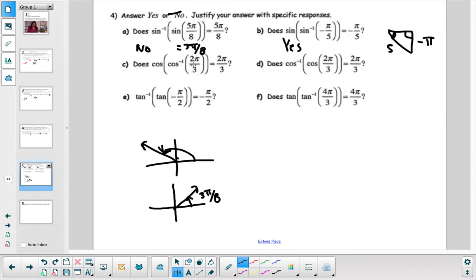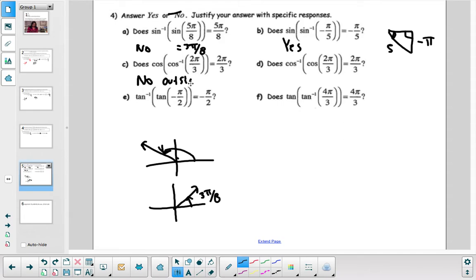I'm plugging in something that looks like an angle into inverse cosine, but luckily this one doesn't really work because 2 pi over 3 is about 6.6 divided by 3, which is outside of the domain of inverse trig functions. So no,